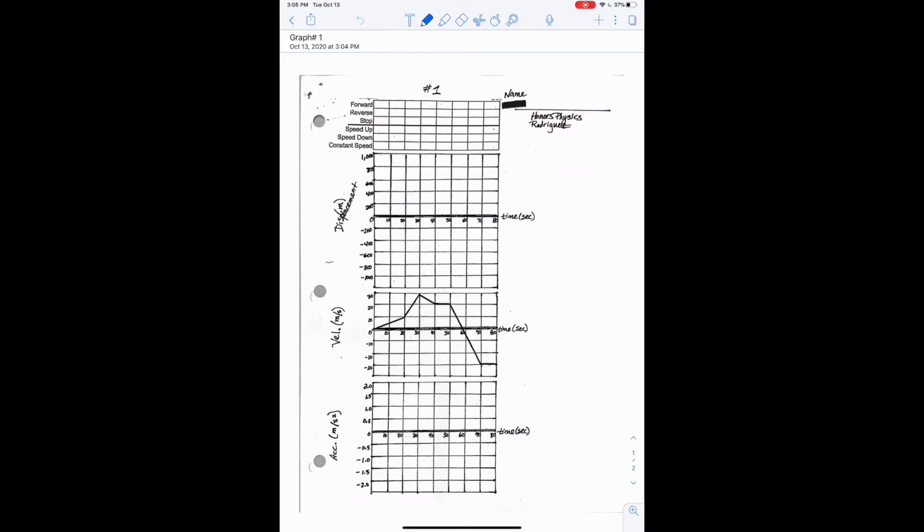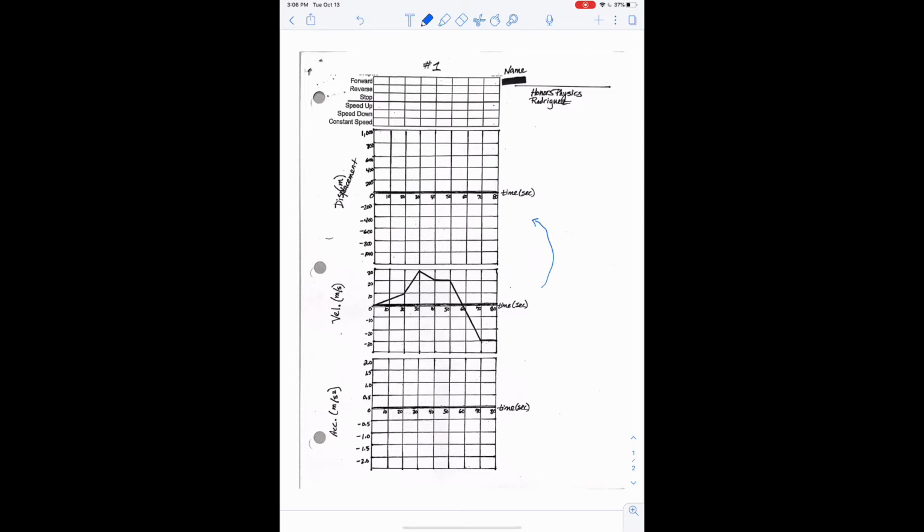All right, so this lecture is going to talk about how to use a velocity versus time graph to predict what the displacement graph is and what the acceleration graph is. It's not going to be 100% accurate sometimes because of flaws in the graphs, and I'll try and point that out as we go. But the basic idea of these assignments is that when you go from velocity to displacement,